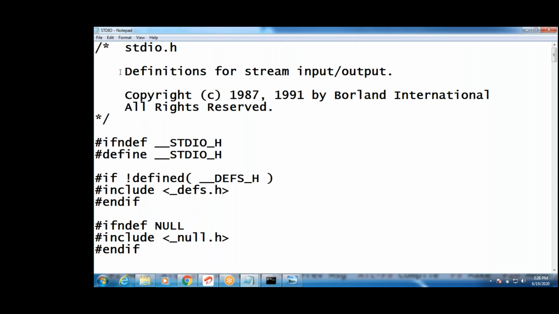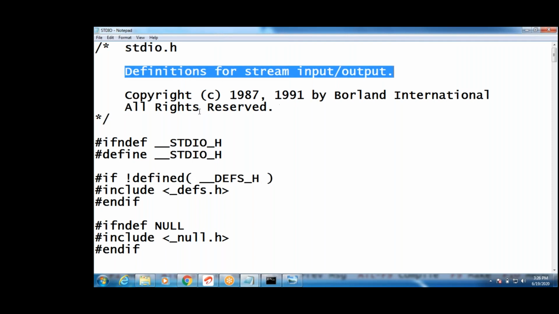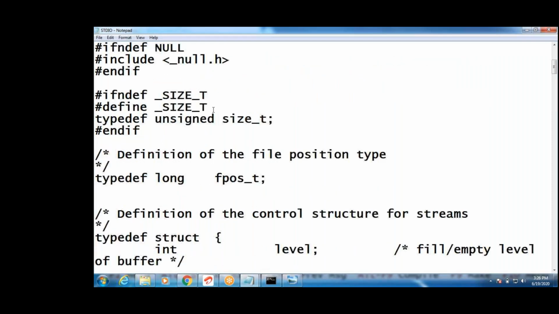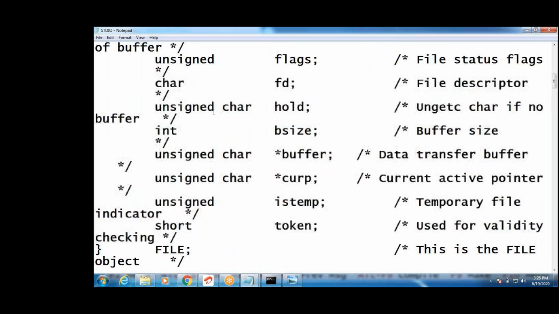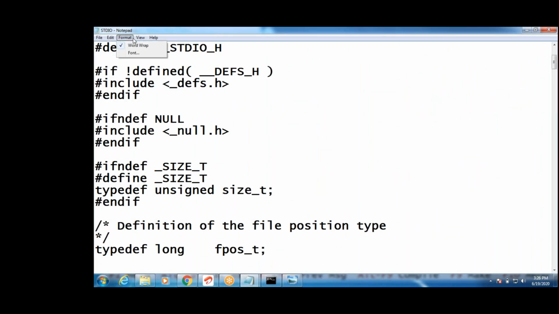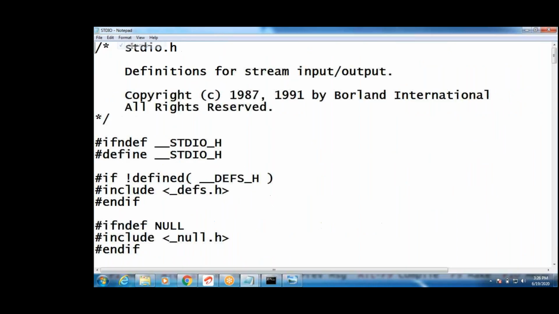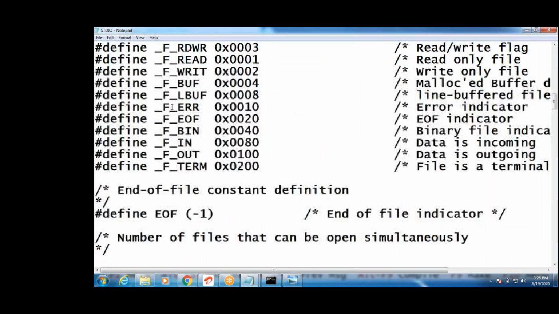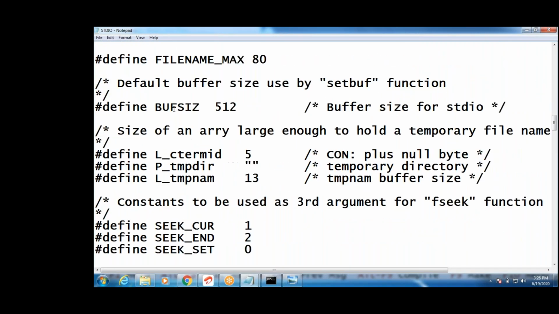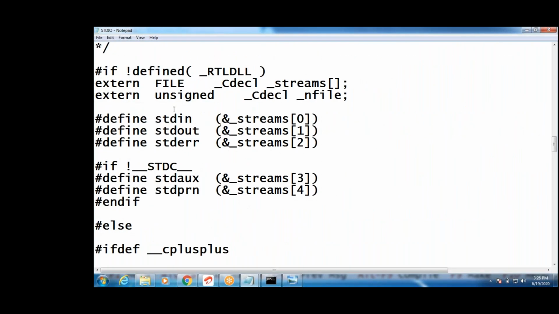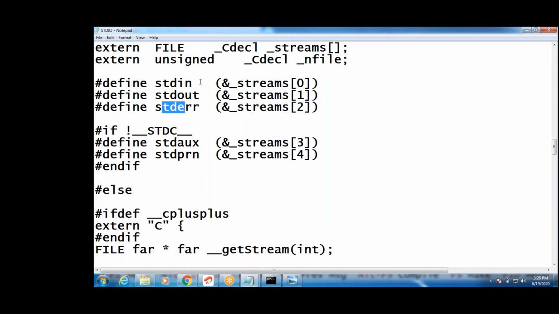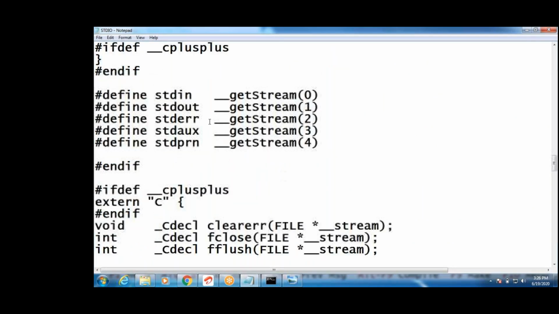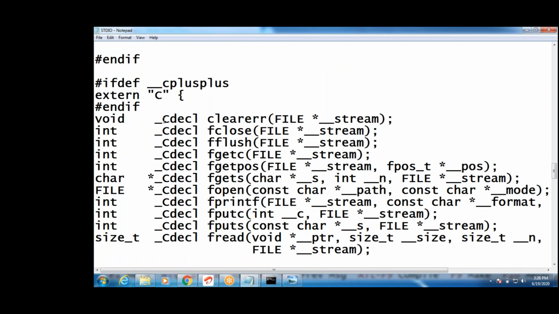How they have implemented it. You can see the printf function definition, guys. You can see where the printf is. They implemented stdin, stdout, right? These are all implemented, guys. These are the definitions of that series. What is C declaration? This is fclose, fopen, fgetc, fputc. These are all functions, right?